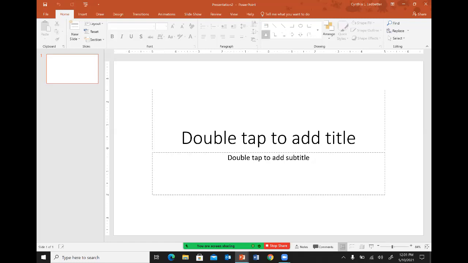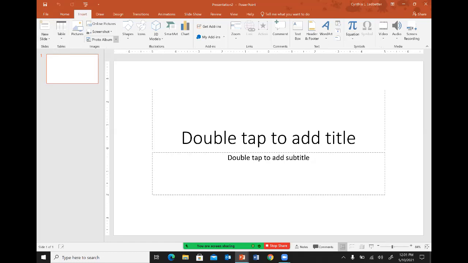The ribbon is located beneath the title bar. The ribbon contains tabs, as seen here across the top, comprised of groups of command buttons. The Home tab has its own set of grouped command buttons: clipboard, slides, font, paragraph, drawing, editing. And if we go through the tabs, you'll see that the groups of command buttons change: insert, slides, tables, images, illustrations, etc. Draw,